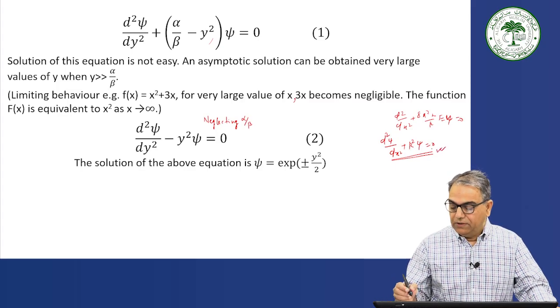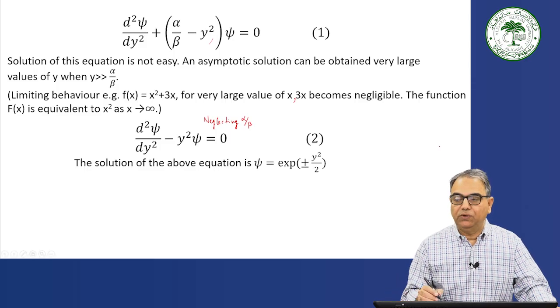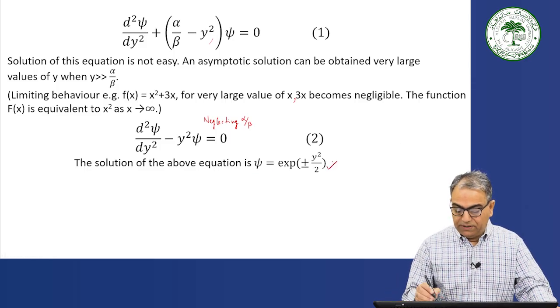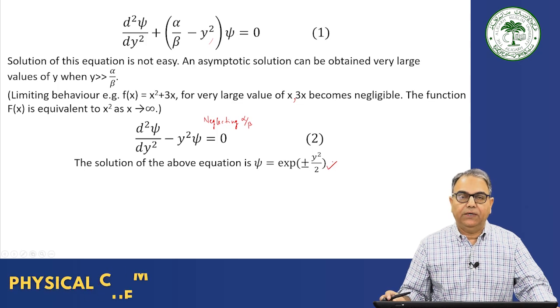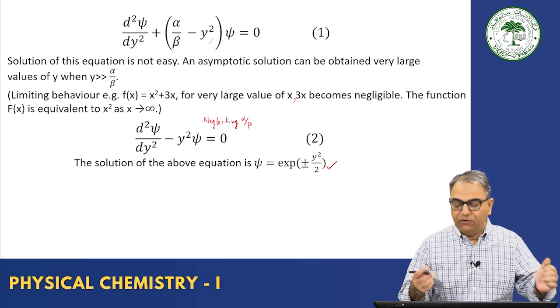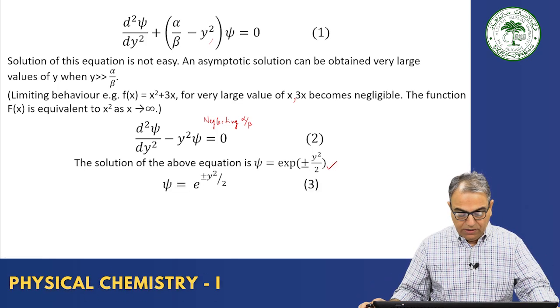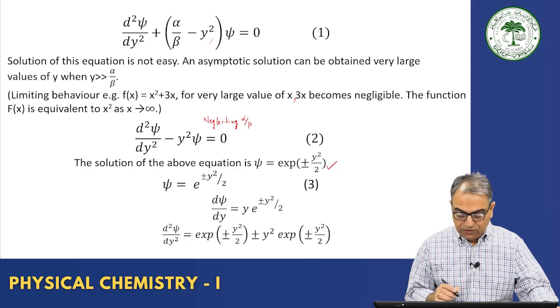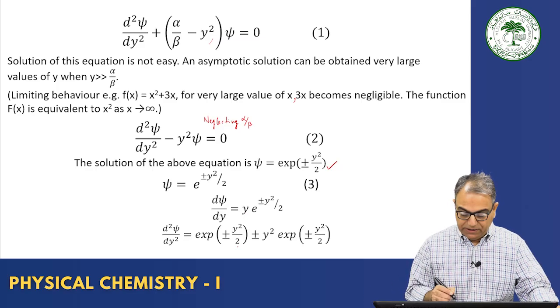Okay. If we do this in a similar way, we can write the solution for this equation, also a double differential equation, in terms of y, and this will be an exponential solution. Psi will be equal to exponential plus minus y square divided by 2. You can check whether this is a solution or not. If you write psi is equal to exponential plus minus y square divided by 2, then you can differentiate once. What you get is y exponential plus minus y square divided by 2,